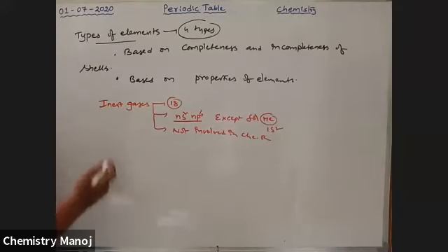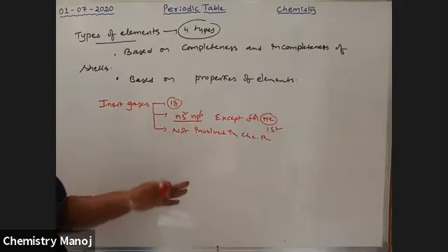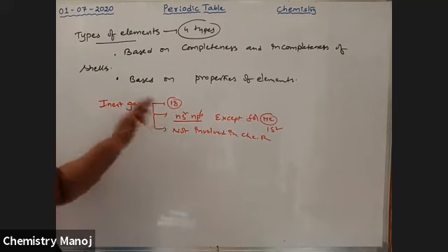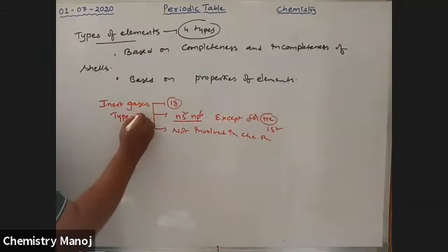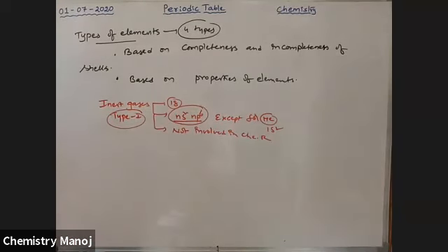So that's why these are available in small amounts. These are generated from the atmosphere, that is the aerogen. Rarely available in atmosphere, that is why these are called rare gases. So these are all inert gases. These are nothing but type 1 elements. General outermost electronic configuration ns2 np6. Next one.